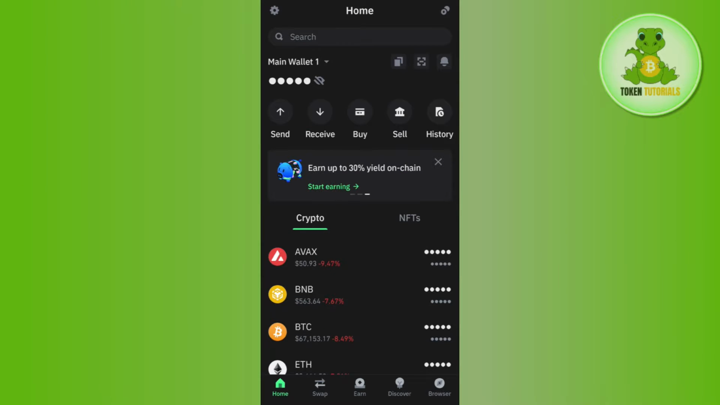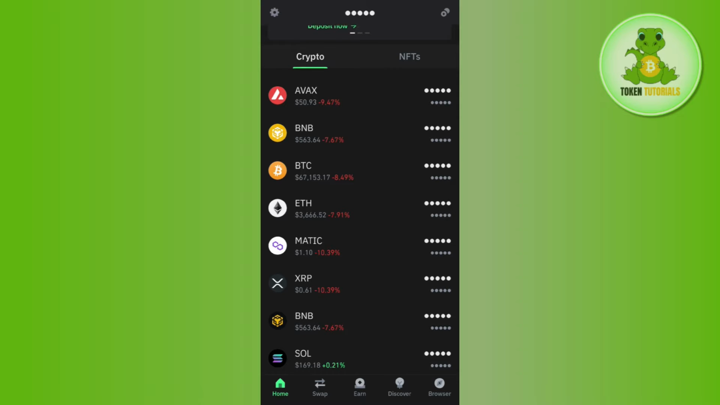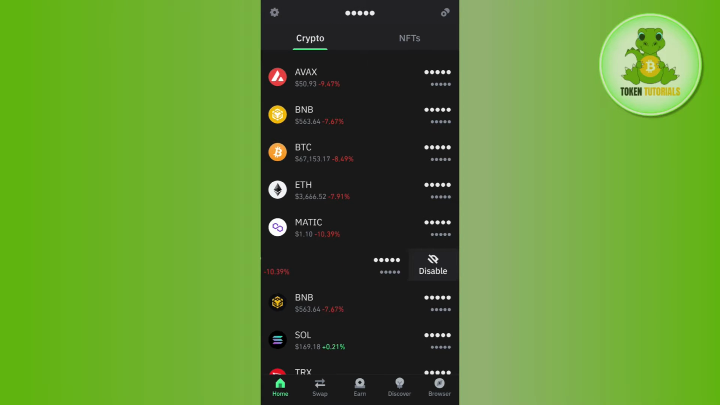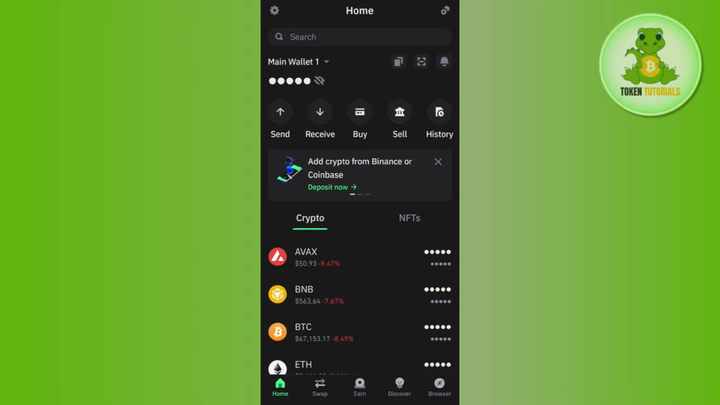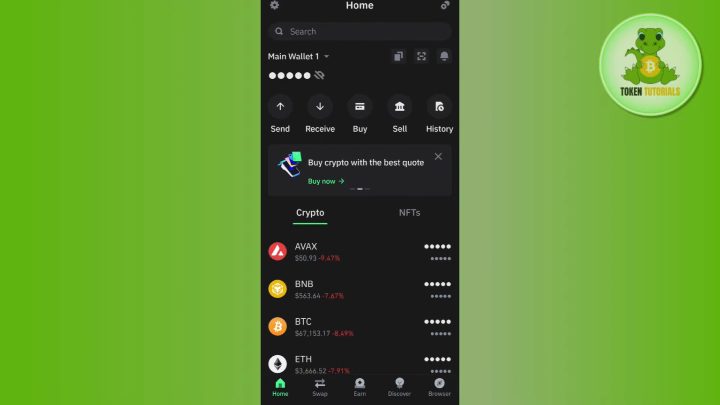In order to do this, you first have to launch your Trust Wallet mobile application, and then you just have to provide your passcode or your fingerprints in order to log in into your account. Now once you're successfully logged in, you need to tap on Ethereum, which you will be able to see on